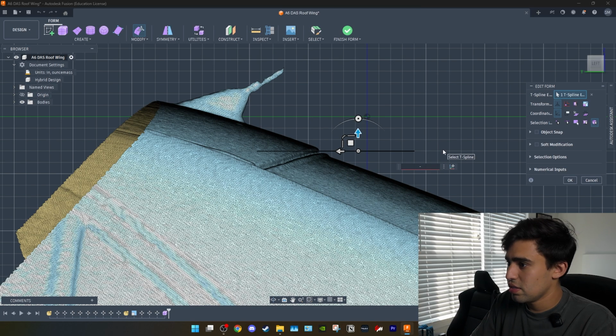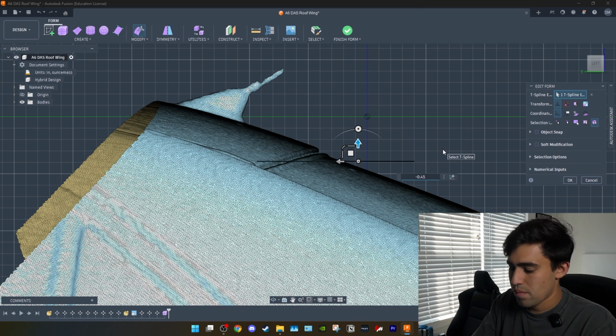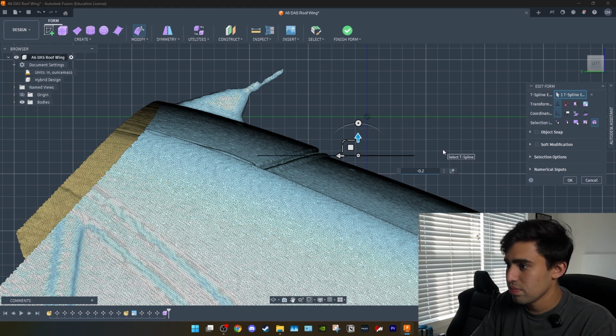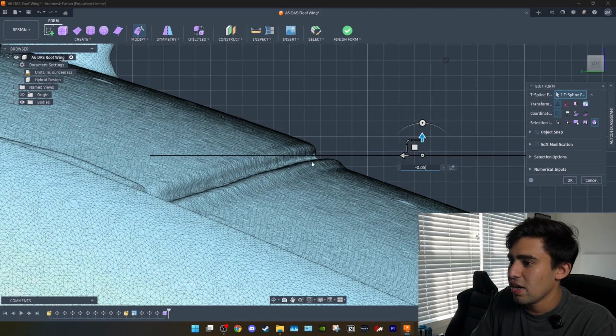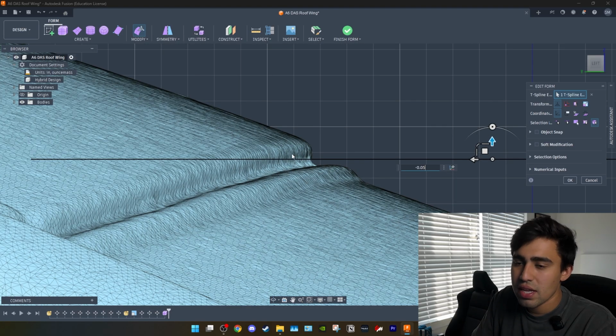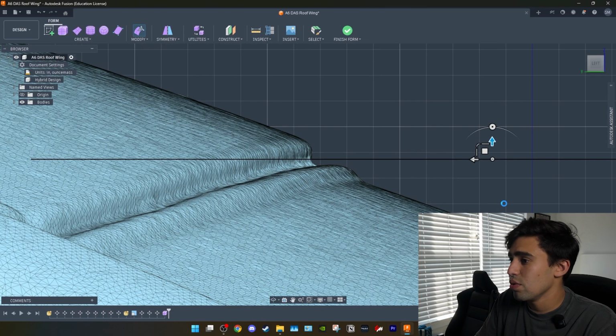Okay, let's do it again. -0.45. Too much. -0.2. Nope, too much. -0.1. A little bit too much. -0.01 or 0.5. Okay, there you go. As you can see right there, that's where I want it, in between these two parts of the roof wing